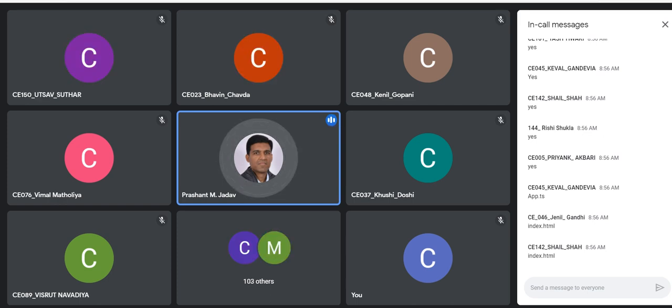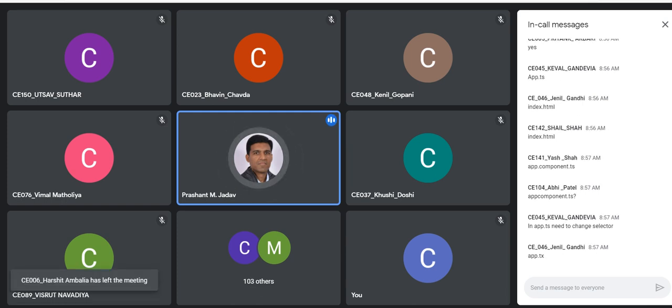We cannot change the name of the component in the index.html file. If I want to change the name of the component, where can we change? Yes, it is in the component file itself, the app.component.ts file. Specifically, we have to change the selector. If you change the selector name and you are referring to the old name, it is not going to work. Okay, you will get a blank screen in your browser.